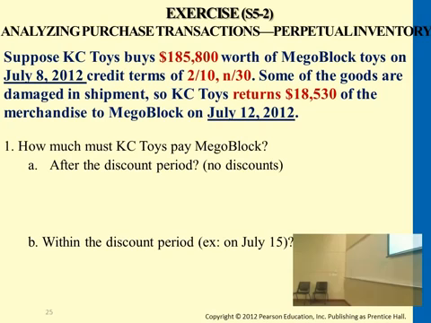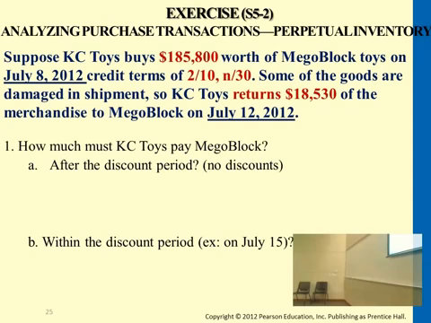All right, for this problem here, it doesn't talk about freight charges. We can just leave that out of this problem. It only talks about the original cost of the inventory, the discount period, and also the value of the goods that is not useful for your company after receiving it. So you have the inventory on the left side. There will be a transaction that debits inventory, credits accounts payable, $185,800. After inspecting the inventory, the goods are not useful, and altogether the ones that are not useful being shipped back is worth